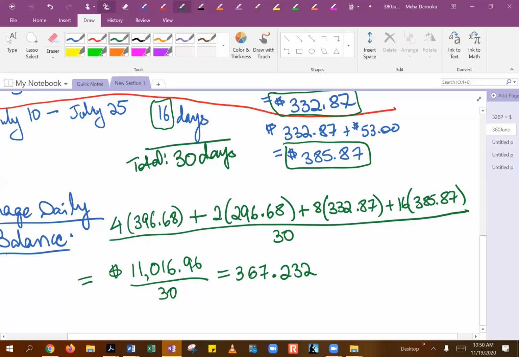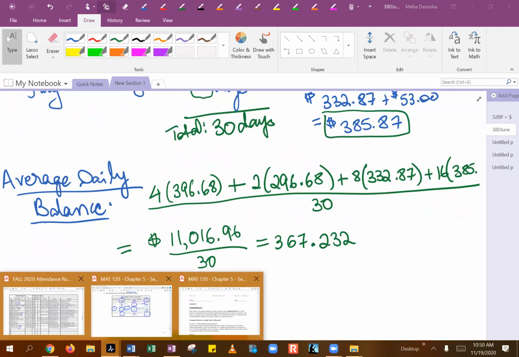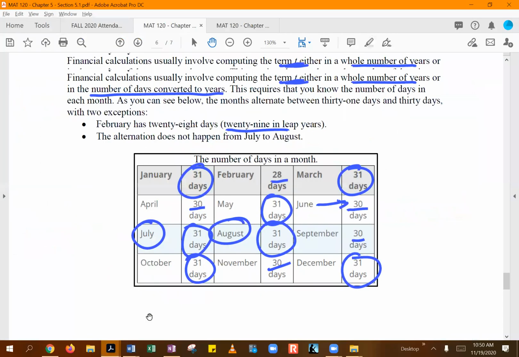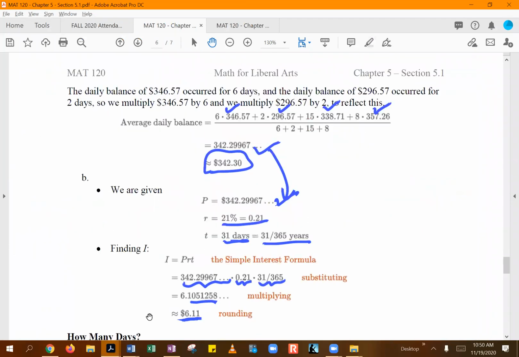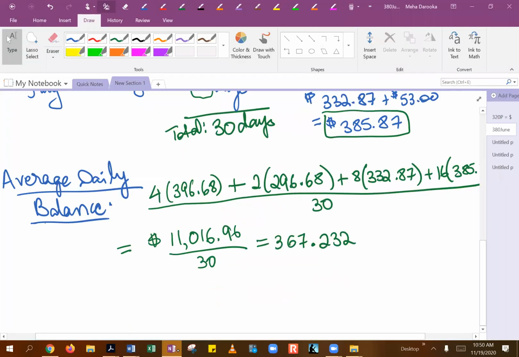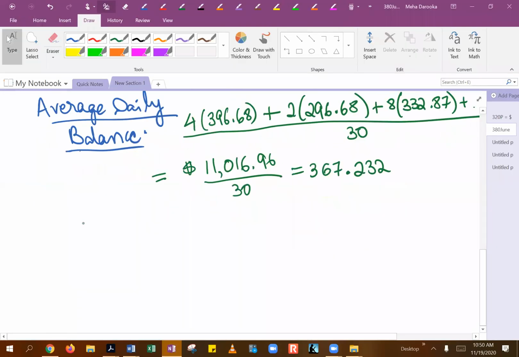So once you find your average daily balance, then remember that becomes your principal amount. And let me just show you. So once you found your average daily balance, then you know that becomes your principal here. And then you take your rate of interest and you know the number of days, and you multiply those together. So for our example, for our finance charges,